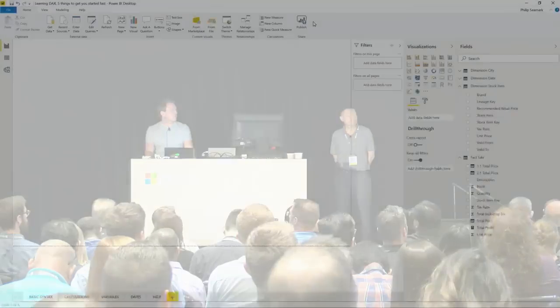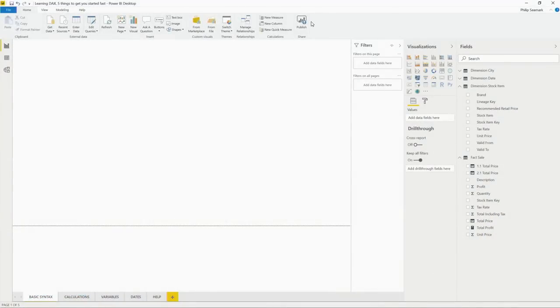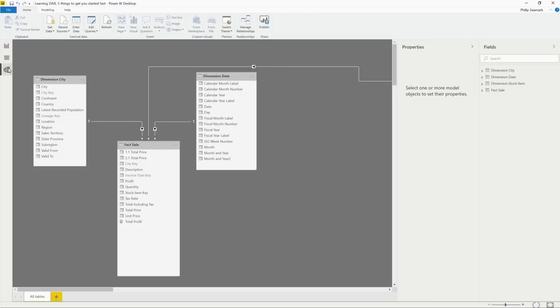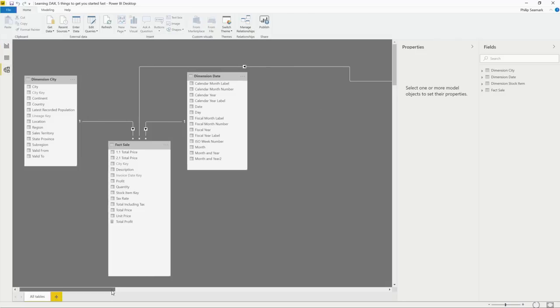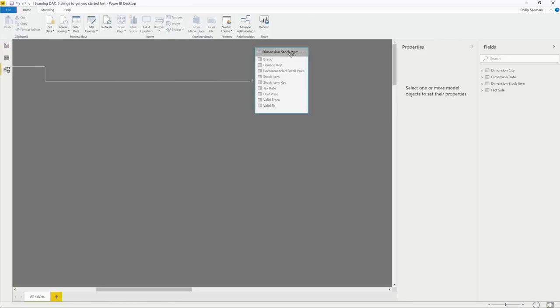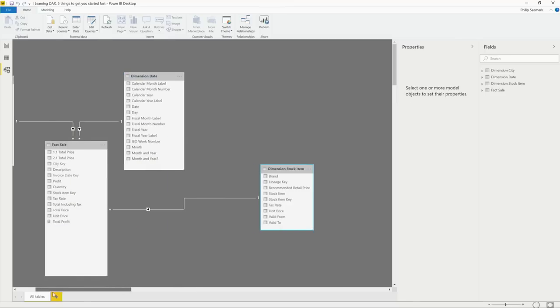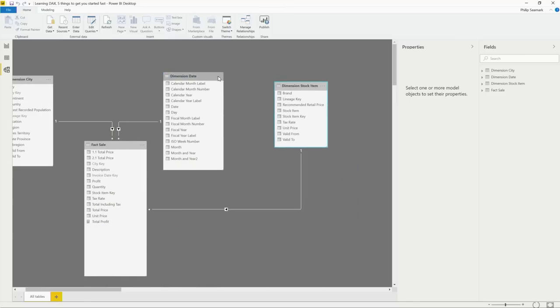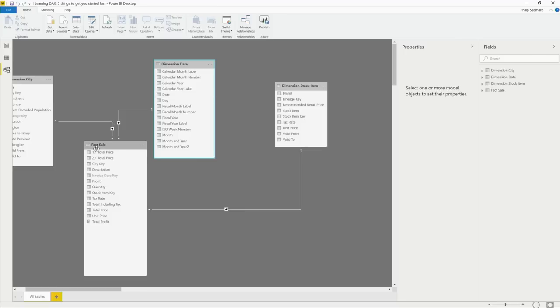So we'll go through these things one by one. First, basic syntax. Let's start with this. If I fire up a copy of Power BI Desktop, you can see that okay? I can zoom in. Now, in this Power BI Desktop file that we're going to be using today, I have a data model, and the data model is a set of tables. If I just tidy this up a bit, my data model is reasonably simple. I have just 4 tables. I have a sale. Whoops, I did not mean to do that.